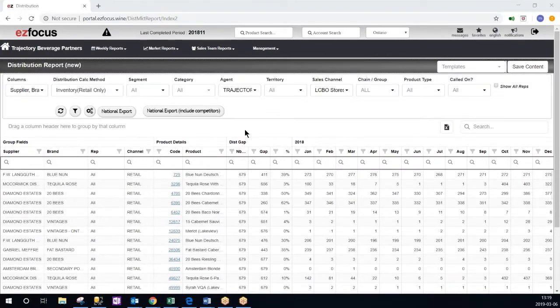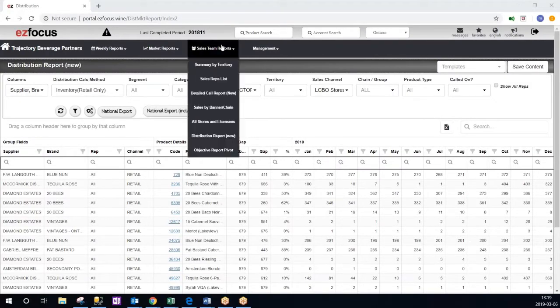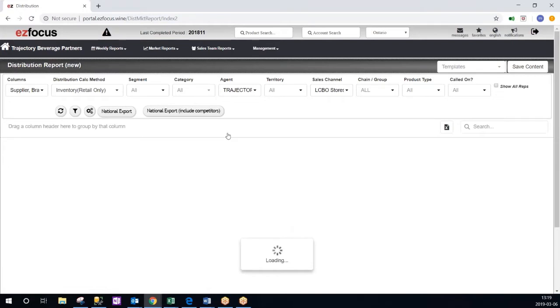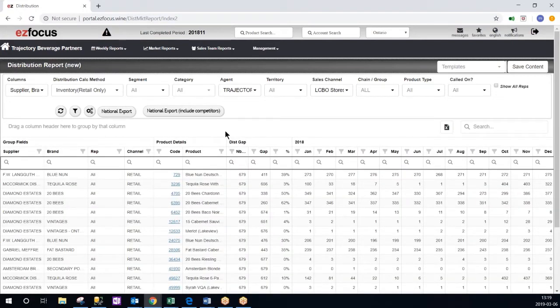How to calculate distribution for your own portfolio. Simply go to Sales Team Reports, Distribution New. The most important thing to remember in this report is to make sure that you only have one distribution calculated